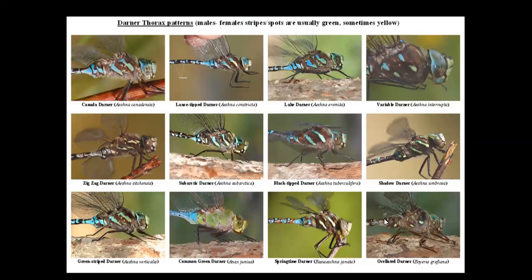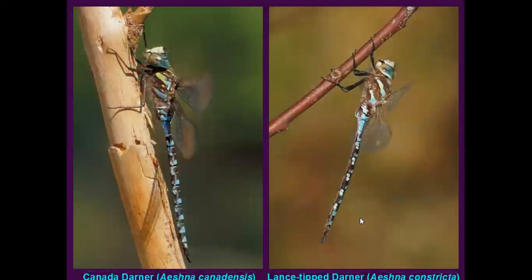So another group to look for, but mostly looking at the patches on the side of the chest, you can tell them apart. So most of the pictures I'll share with you are taken in that way, so that I was able to ID them or share them as ID